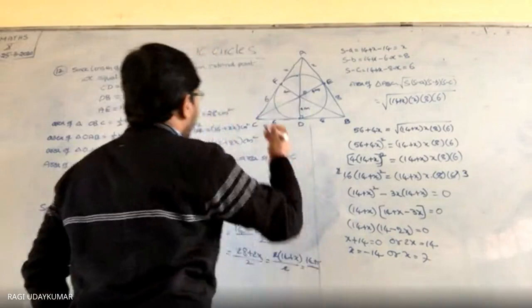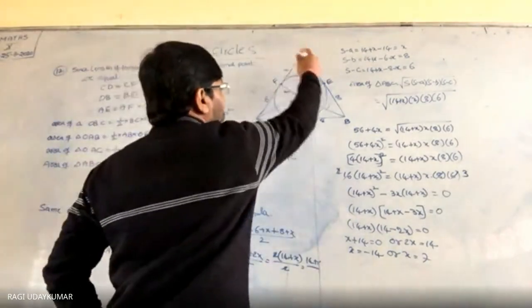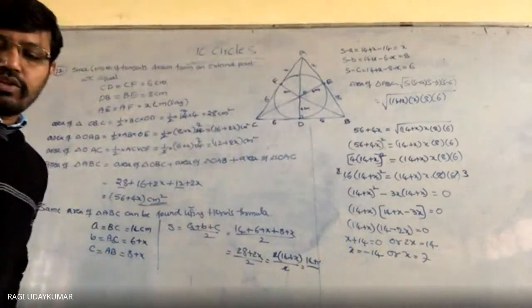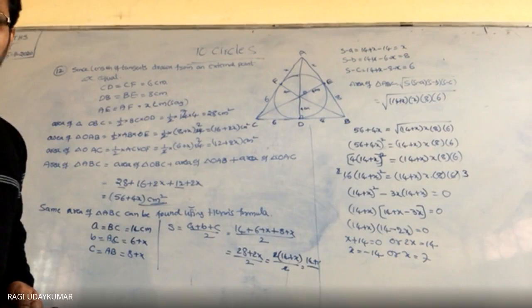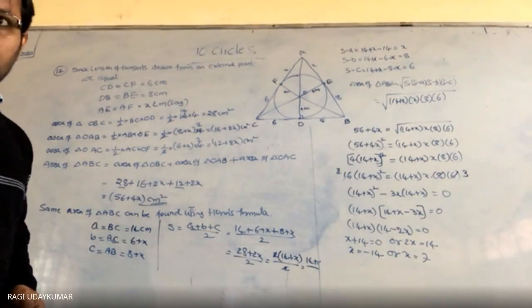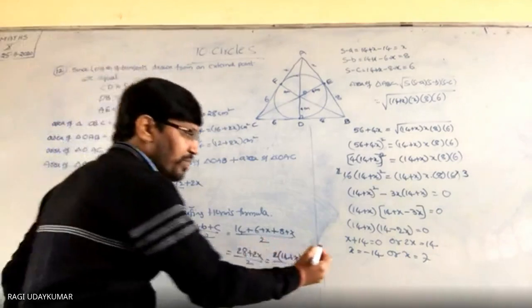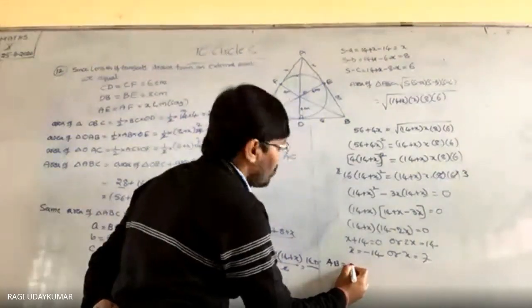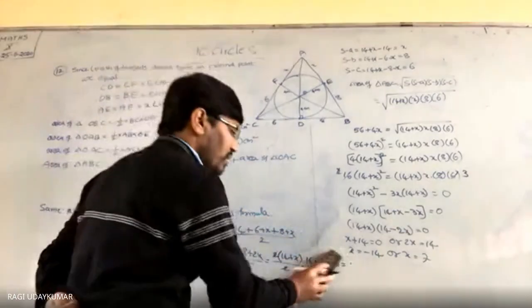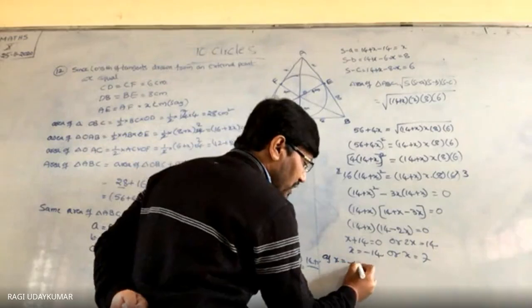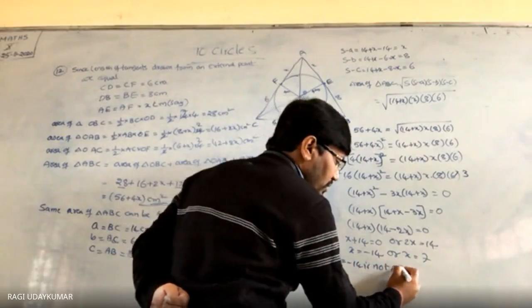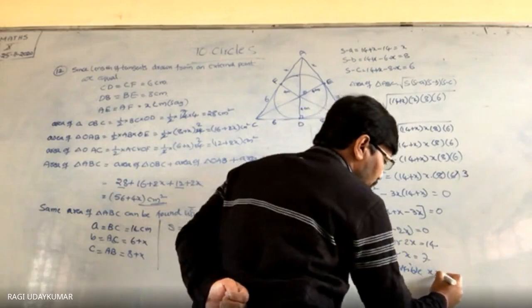After getting 7, then you can find the AB length and AC length. Can you write it? Yes, sir. Okay, I will write here. It is visible now. Yes, sir. So as x is equal to minus 14 is not possible, you write x is equal to minus 14 is not possible, so x is equal to 7.